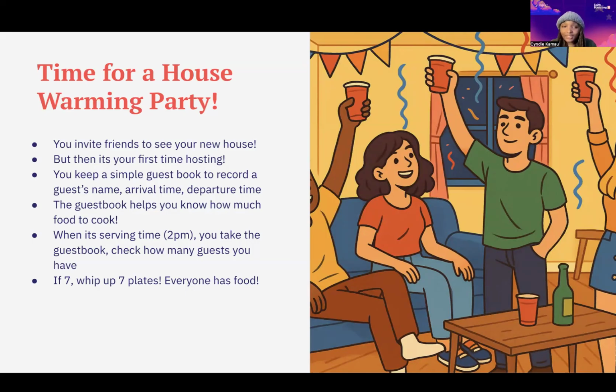The third stage is the housewarming party, whereby you decided to keep a guest book so that you can maintain how many people at any point in time are entering and leaving your house, so that when it comes to serving food, you just check your guest book, and then you're able to serve appropriately. Okay. So before I continue to now connect this with the logic and the anatomy behind smart contracts,